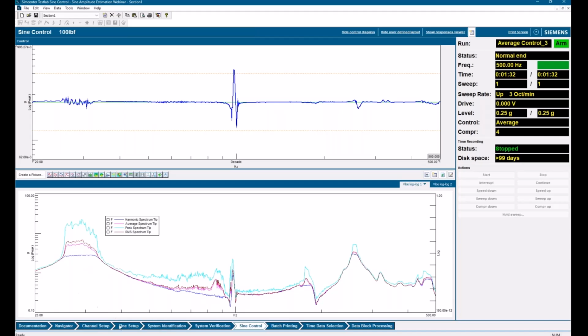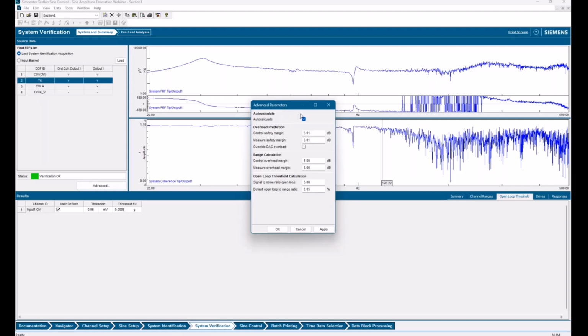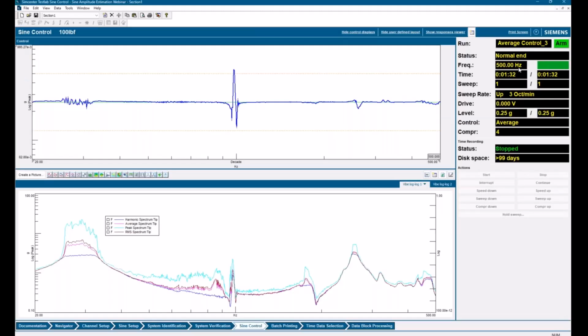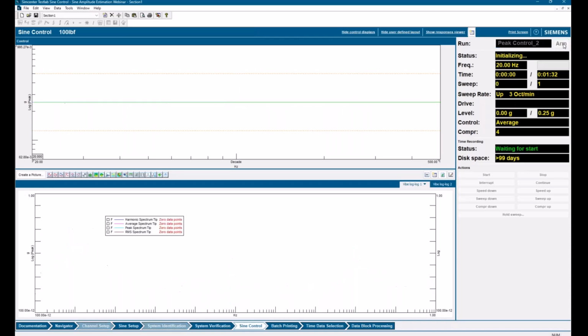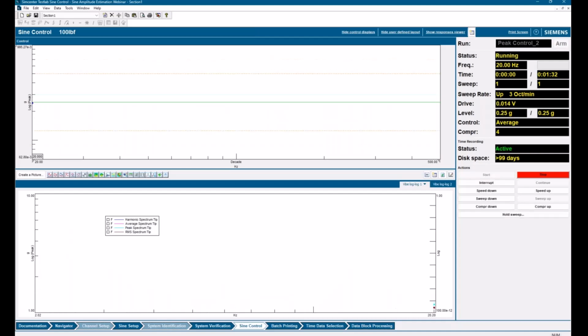All right, and we'll do our last estimation method. We'll do peak. And then we'll start to look at some of this data.